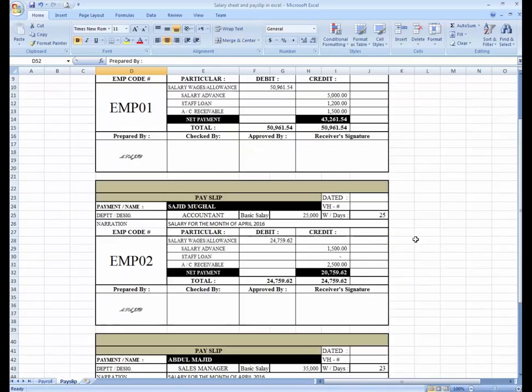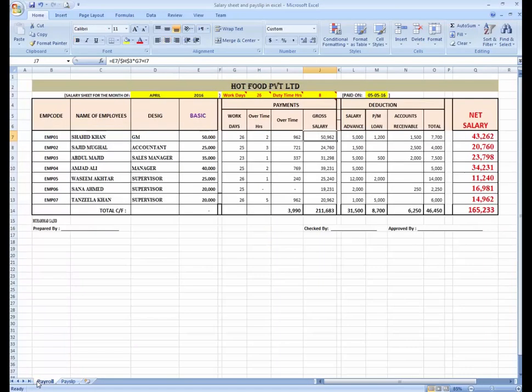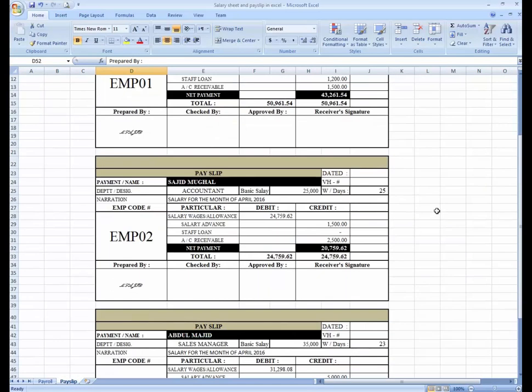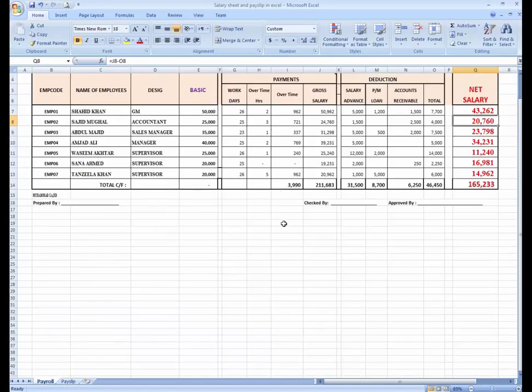You can see Shahid Khan's net payment is 43,261, 43,262. Okay, that's working well. And Sajid Mughal's net salary is 2759, 2760, that is rounded.